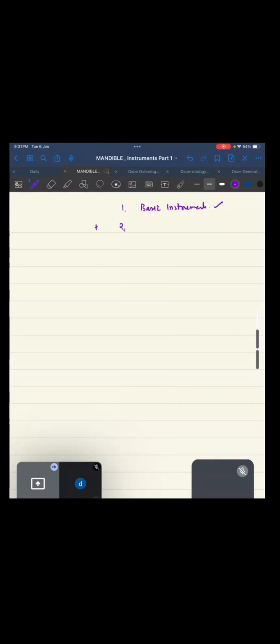Second, and the important thing, will be powered instruments in ENT. So here, radio frequency, coblation, cautery, all those things, hydrodissection, all those things I've covered. Okay, so I will be sharing you a PDF. This is approximately 6 to 8 pages. Please remember it. Third will be your